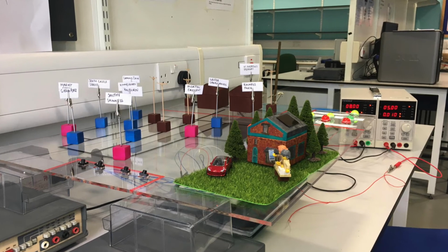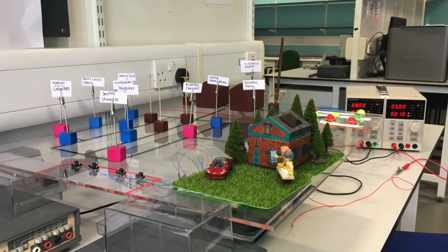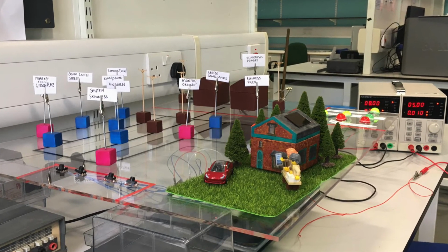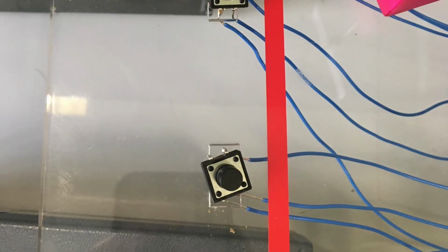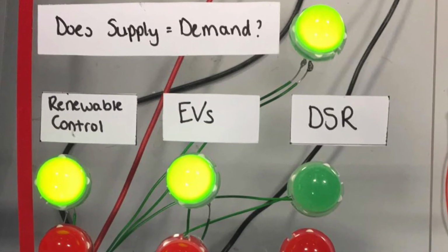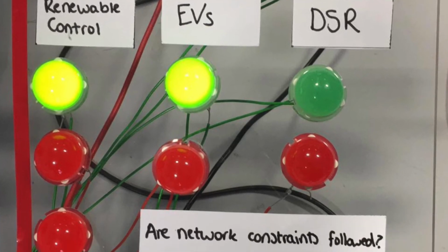We decided to create a model grid to easily show what our controller can do. Our design has a replica of the St Andrews network on it and allows users to alter supply and demand using buttons connected to an Arduino circuit. The controller will run the simulations based on the changes the user makes and will show the results of this